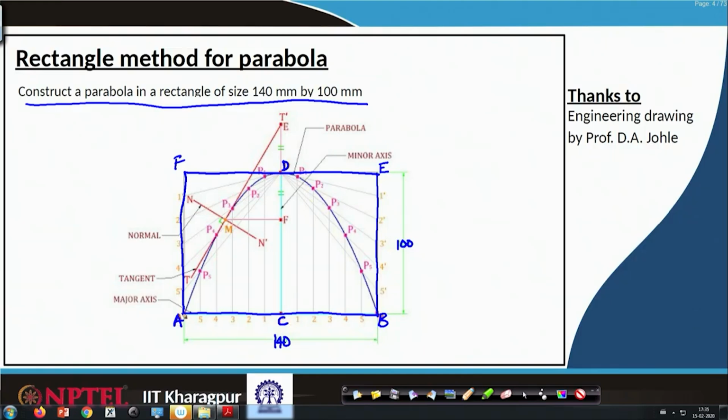Now the major length A to B, which is 140 mm, because it is the rectangle length, we are trying to divide into an equal number of points. C, 1, 2,